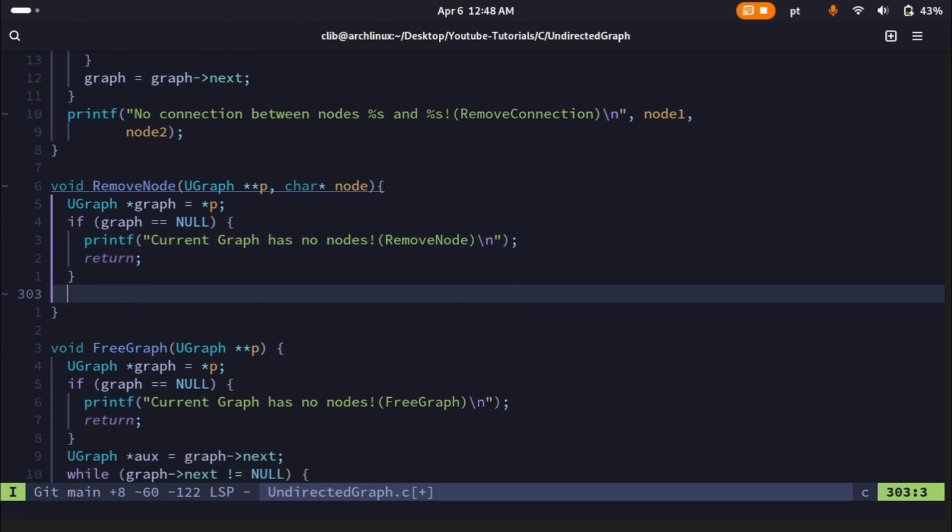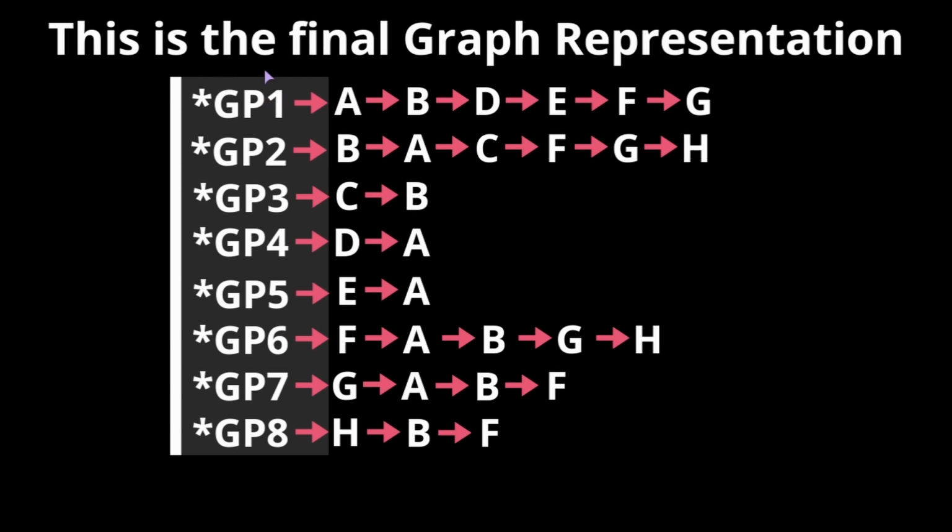So now let's start with creating the logic that will actually allow us to remove everything. What we have to do is, once we remove a node, we have to first clean the whole linked list this node is pointing to. So we have to free all the variables that are in the linked list this node is pointing to. So imagine we want to free the pointer or the node GP1 here. We would have to hop onto this linked list, free this whole linked list, make this pointer equal to null, and then make our pointer to GP1 point to GP2, and then free GP1. So we have to free the linked list and free the pointer and make sure that our original pointer points